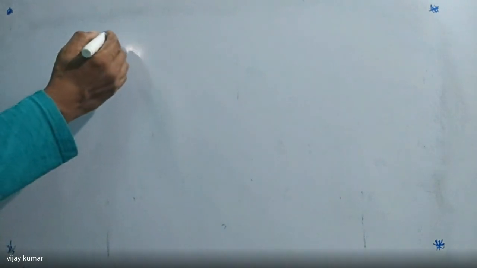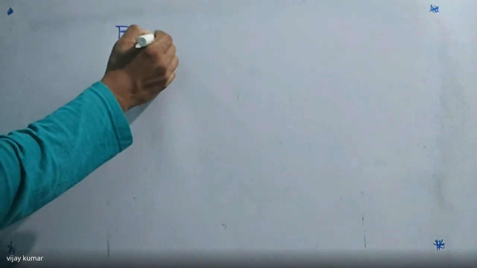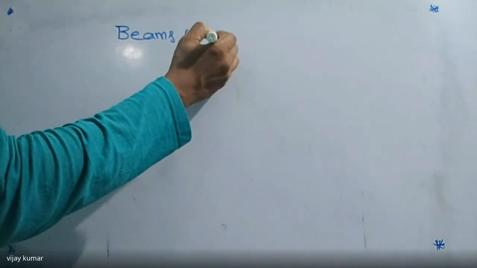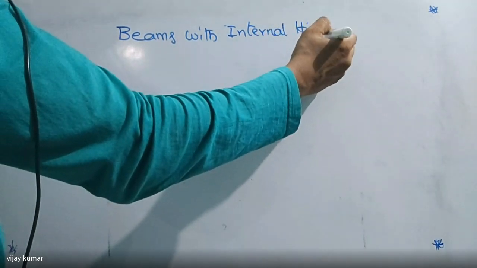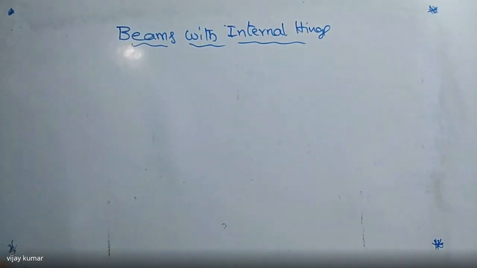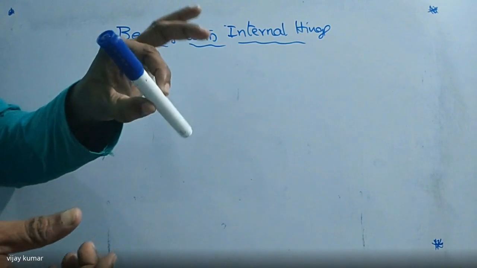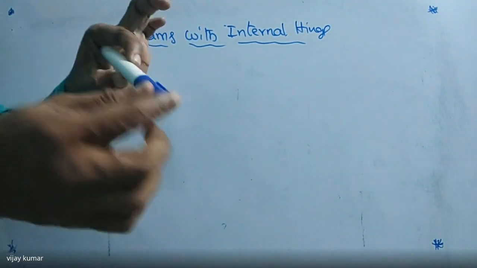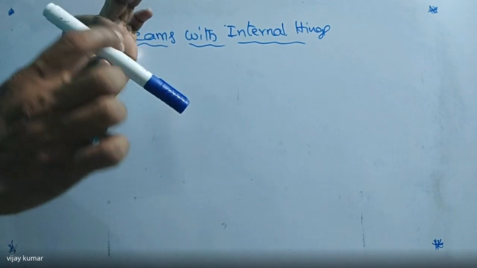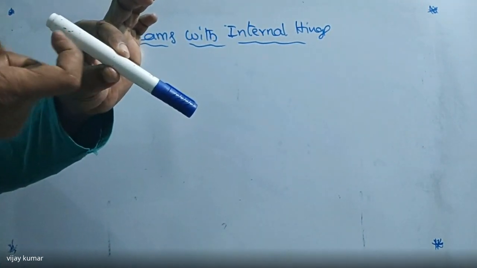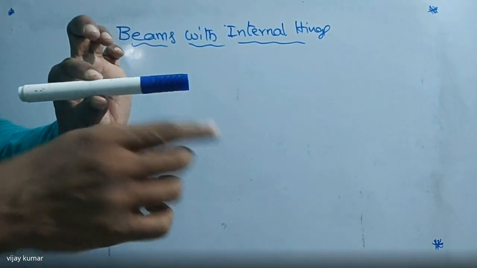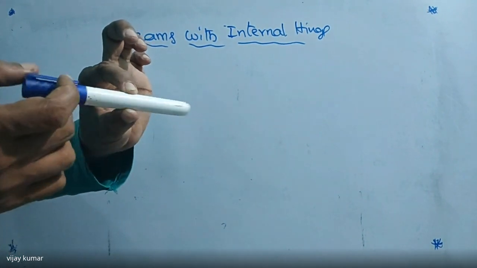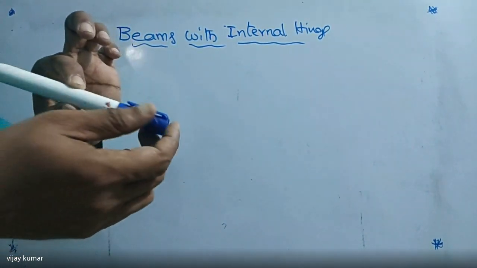So here, the next one I'm going to give you is beams with an internal hinge. Now tell me, what is the internal hinge here? An internal hinge is nothing but, see this one, I am putting it like this. So it can rotate freely. It can rotate freely, but if you apply a force in this direction, it always applies some force in the opposite direction. If you want to push in the downward direction, it always applies some force in the upward direction, but there is no reactive force in the rotational direction. So there is no moment reaction.